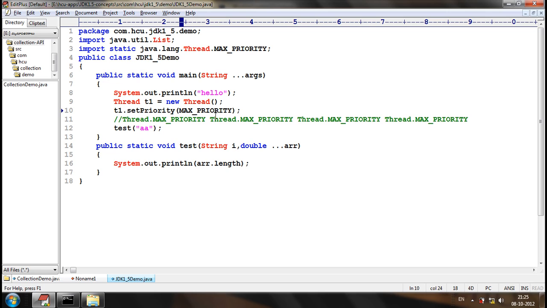So now MAX_PRIORITY can be used even without the reference of the class name.